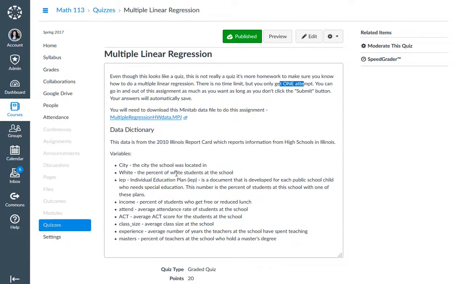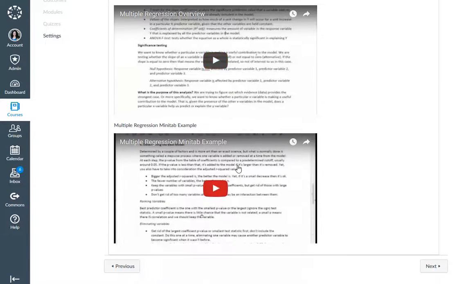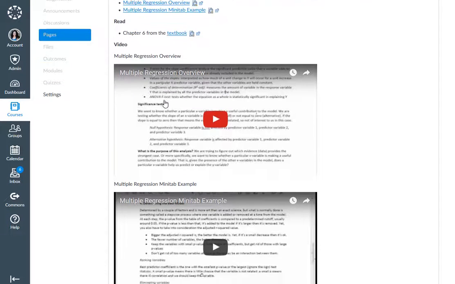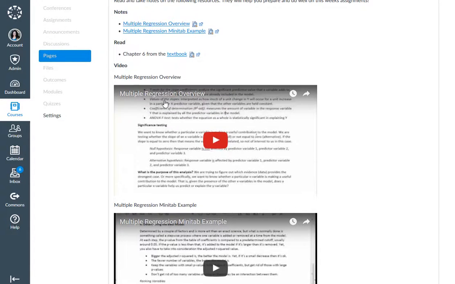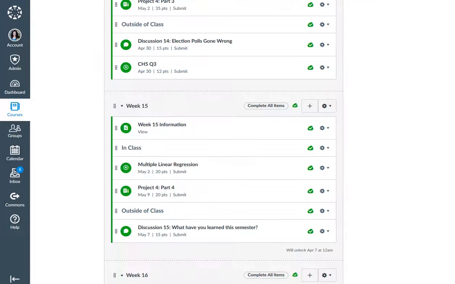You don't have to wait for class, you can work on it ahead of time, because if you go to the study resources, I've got the Minitab example and the multiple regression overview. So I've got both of them in here, so you can go ahead and work ahead if you'd like and get that done. In class, what we'll be doing is not only working through that, but then also Project 4